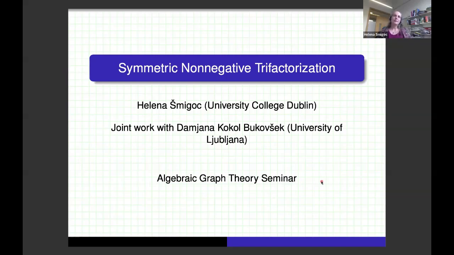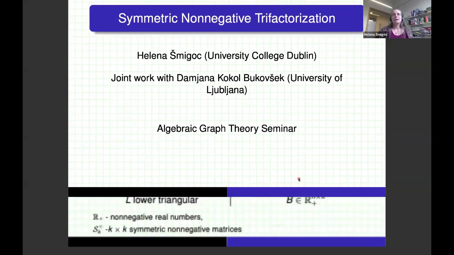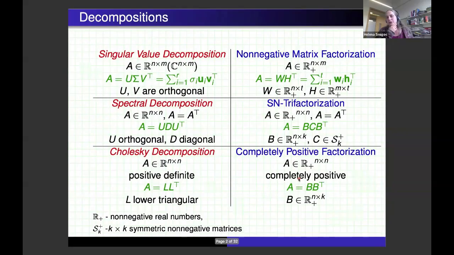I'm going to talk about symmetric nonnegative trifactorization, and this is joint work with Damjana Kokol-Bukovšek from the University of Ljubljana. To start thinking about motivation, or about the type of factorization I'm going to be talking about,